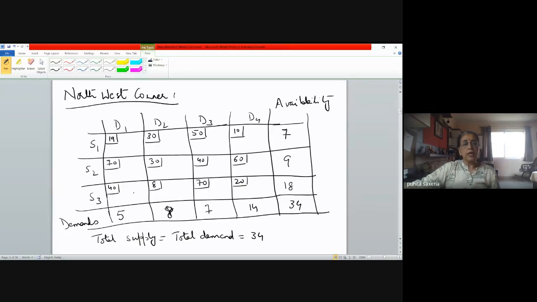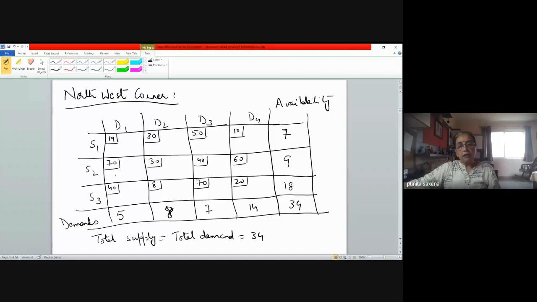Okay. Now, we are where? We are at S1, D1. That means the first source has to supply and the first destination has to take, right? How much can the source supply? 7 units. But how much does the destination need? 5 units. So obviously, whatever we allocate here is going to be the minimum of 5 and 7. जितना उसको चाहिए उतना ही तो देंगे ना. Though we have more, right?